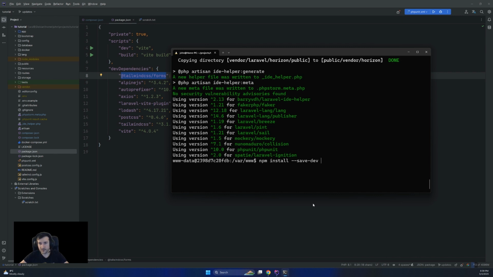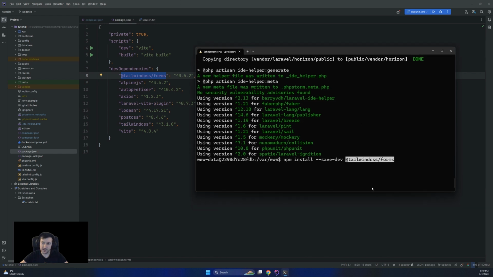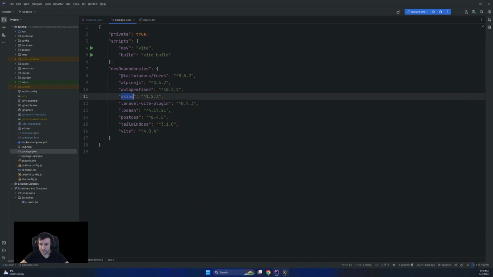The difference between Composer and npm is that if I paste them like this with a space, it will not install the latest available version, but the major from here and the latest available from that major. If I want the truly latest available version, I should type @latest after each one. So I'm going to take them one by one, type @latest, and let's install all of this in here.